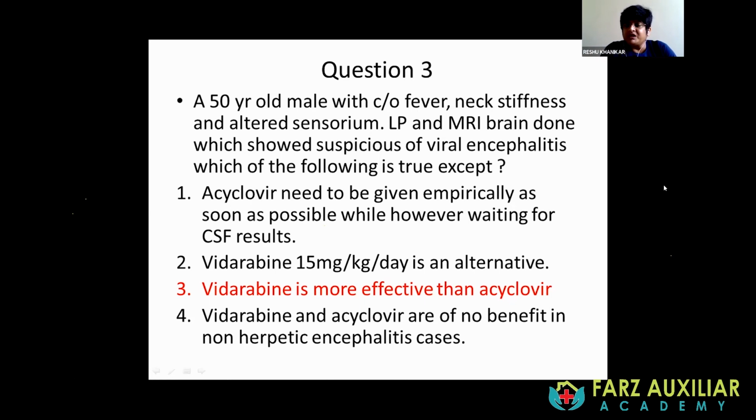Okay. MRI features of viral encephalitis. You may get different presentations on MRI. For example, in Japanese encephalitis, the most commonly involved areas are the thalamic areas and the basal ganglia. We see hypodensities there on the MRI. In herpes simplex encephalitis, the most commonly involved area is the temporal area. We get hypodensities or lesions seen in the temporal area. So MRI itself may be suggestive of which type of viral encephalitis it is.